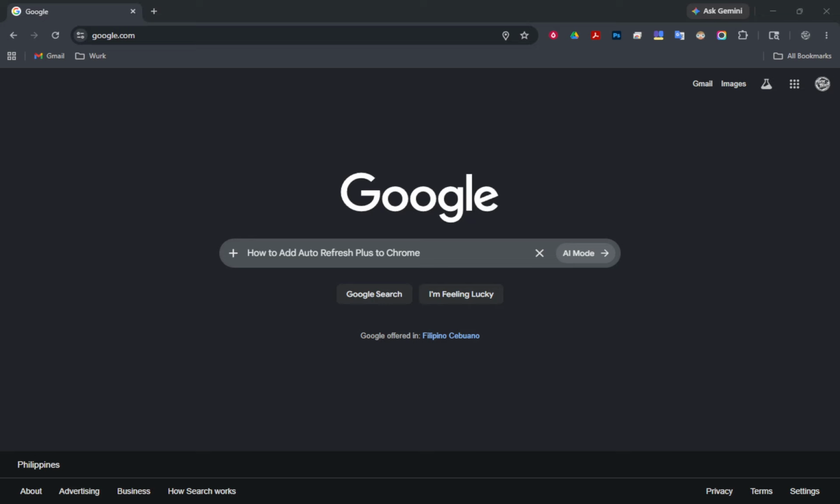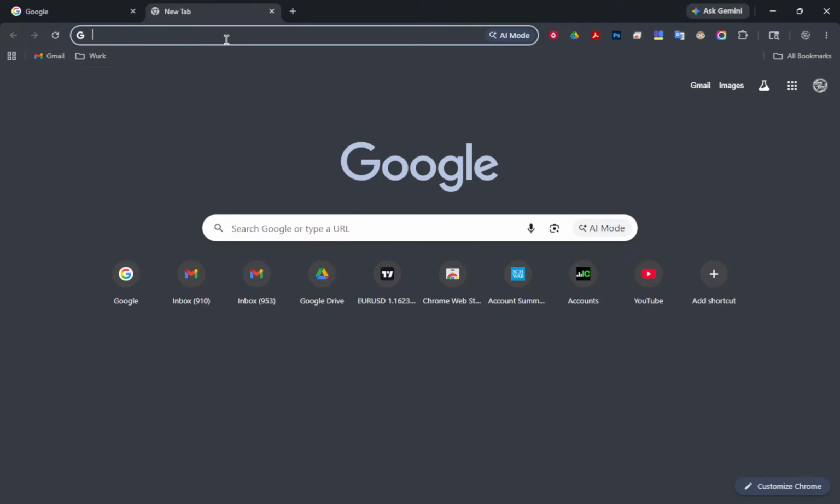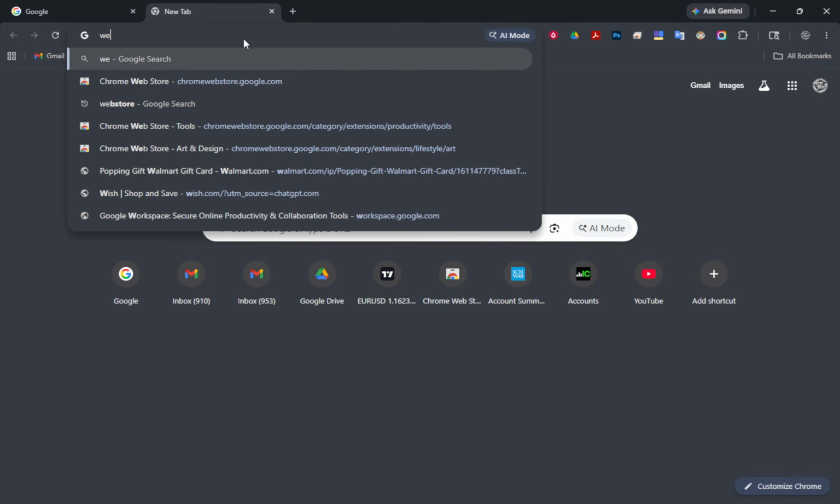In today's video, I'm going to teach you how to add Auto Refresh Plus to Chrome. If you've ever needed a page to reload on its own, maybe a status dashboard, a queue, or a page that updates frequently, this extension makes that simple and reliable. I'll walk you through getting it from the official source, installing it correctly, and making sure it's easy to access